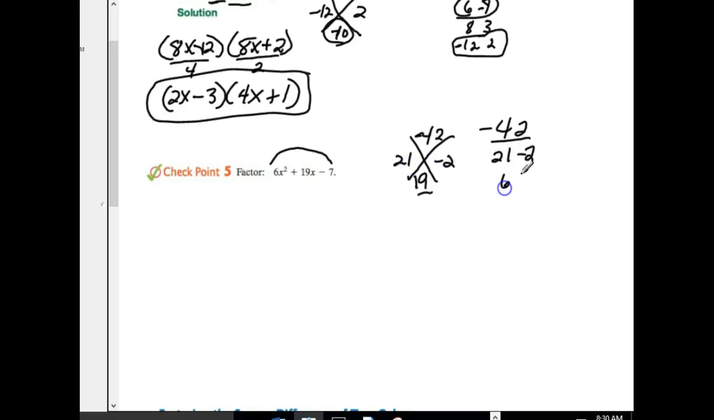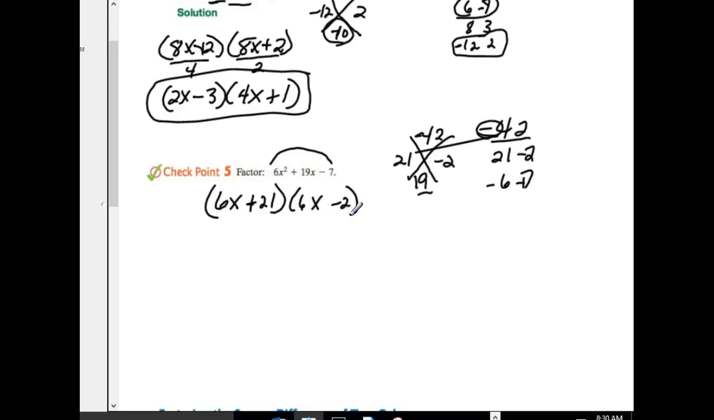Now, 6 and 7 would have been an option, but they don't add up to be 19. Again, especially if one or the other happens to be negative, because that's the only way you can get a negative answer up there. So the 21 and the negative 2 work. So therefore, I'm going to write 6x plus 21 as one of my factors. And I'm going to write 6x minus 2 as my